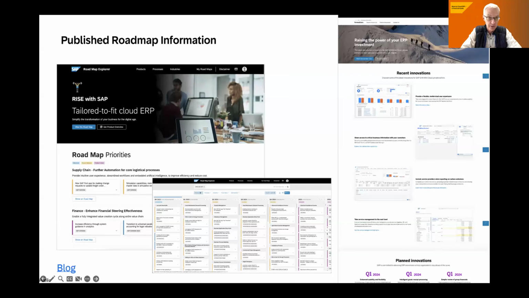And what we have also built into the Roadmap Explorer is, besides showing innovations which are just for products like S/4HANA, views, for example, for RISE, because as you know, RISE is a package and you're getting much more than just, quote unquote, S/4HANA Private Cloud Edition. There are other products also in the bag. And as said, we have some views for that in the Roadmap Explorer. Next slide, please.